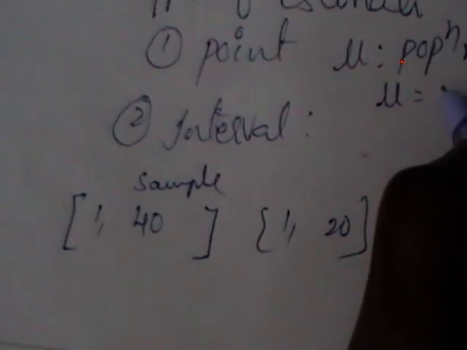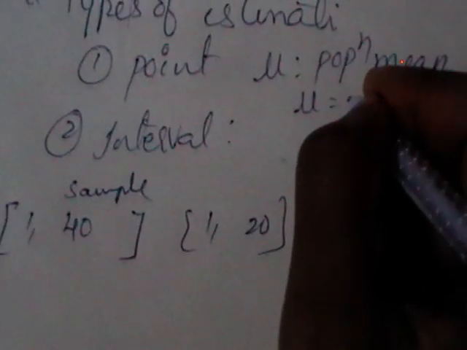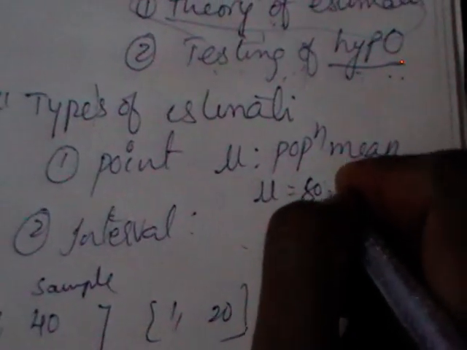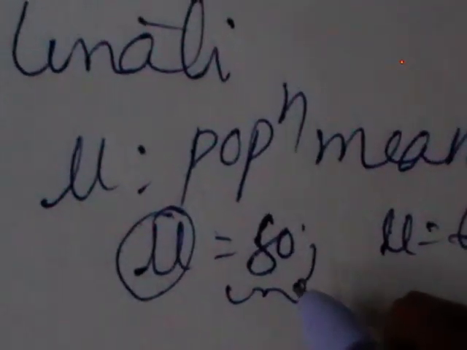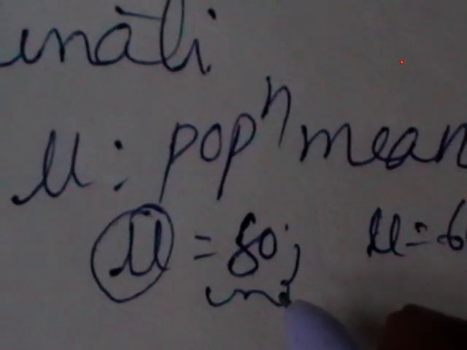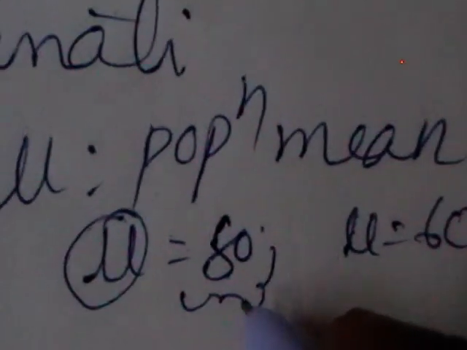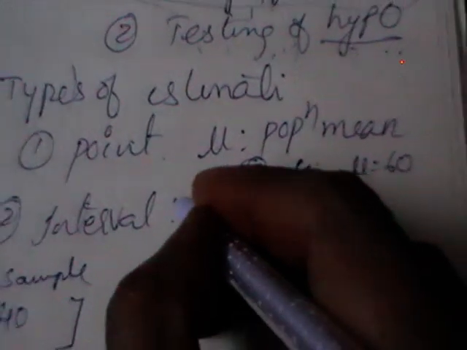So if I estimate the mean with a value, say 80, I got an estimate of 80. Another person got 60. So here we are estimating a value for an estimator with a single value. Whenever an unknown parameter is estimated with a single value, we call that a point estimator. Here the correlation coefficient is unknown to us, and we have estimated it as 0.2. There we are pointing with a single value, which is called a point estimation.